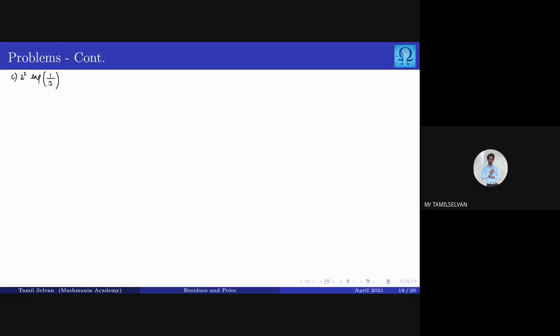Shruti? Sir, can you identify some point in which the function is not even defined? z is equal to 0. Yes, good. So this one we have seen in the very first unit itself. I don't know why you people are thinking this much. The singular point is